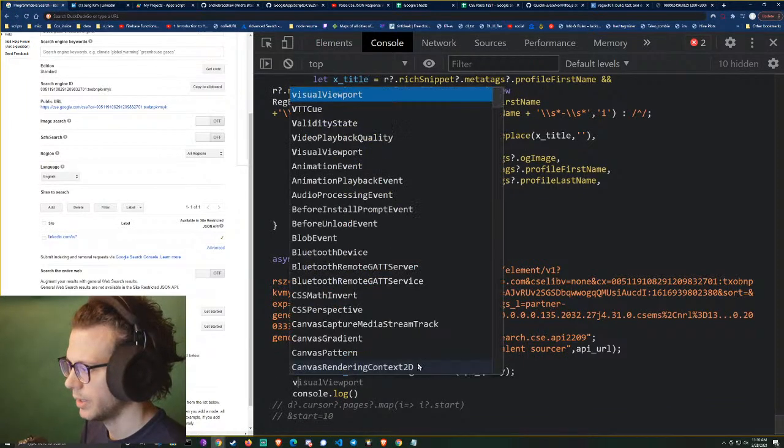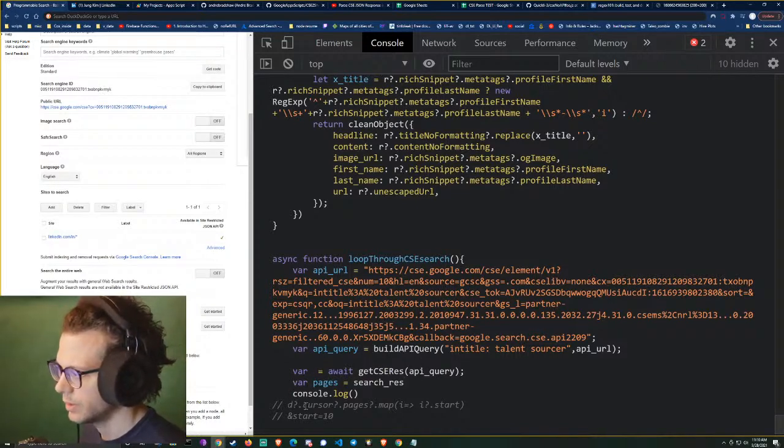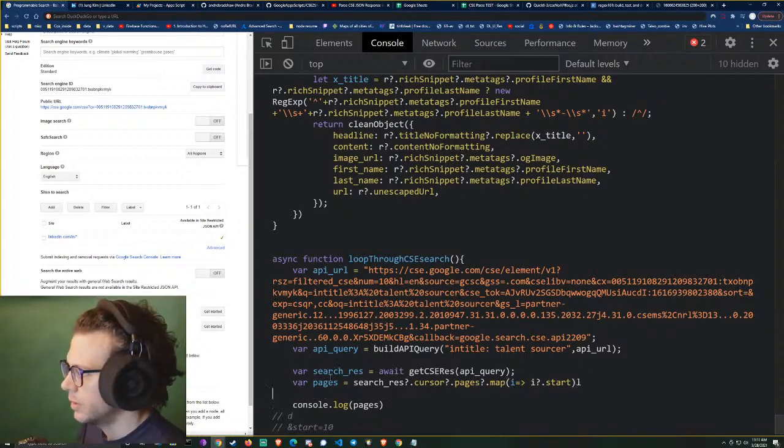First, let's say pages equals searchRes, then we will log that pages,